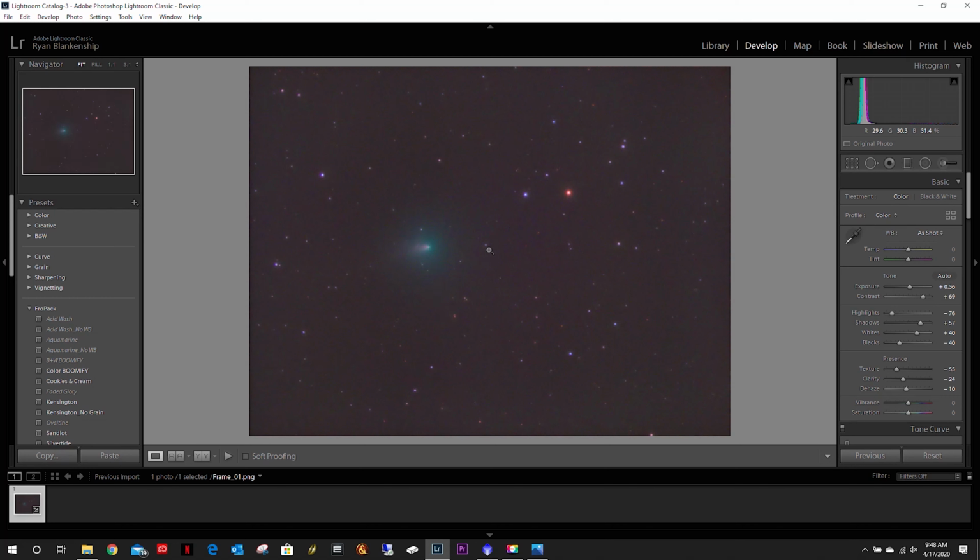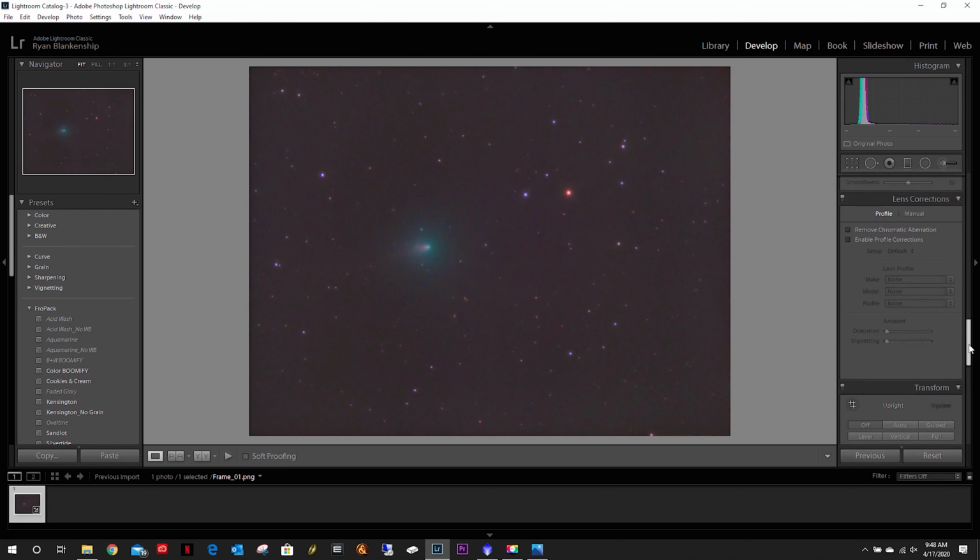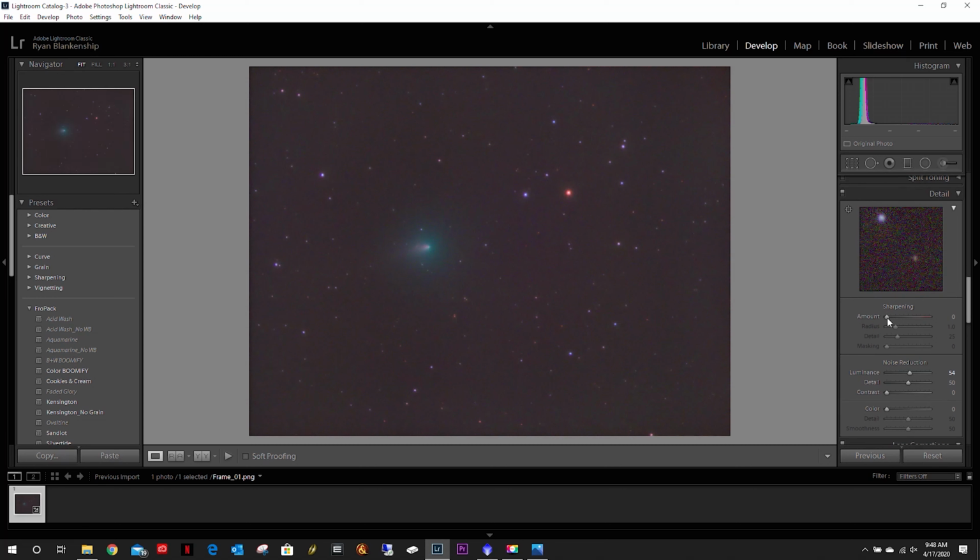And you know, the resulting image isn't too bad. I'll probably smooth that out a little bit more because I didn't like what I saw here, but either way, when I get the next one, I'll probably tweak this because I was going through it pretty quick to show the process that I would use, and then I will definitely be spending a little bit more time. But once you bring it into here, do whatever processing you feel makes the image the way you want it, and then at this point we would have hopefully 68 frames down here, create our slideshow,